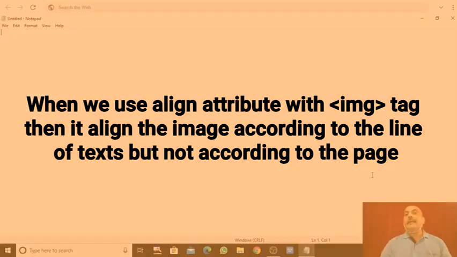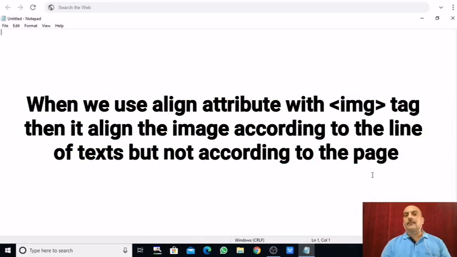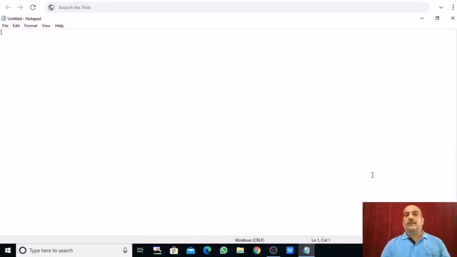That means if you're writing some text in a page and inserting an image anywhere in between the text, then the text will appear at that location only where you are inserting your image.